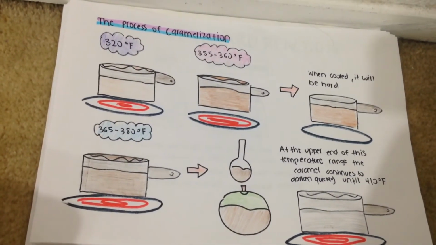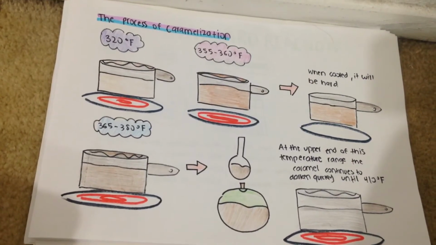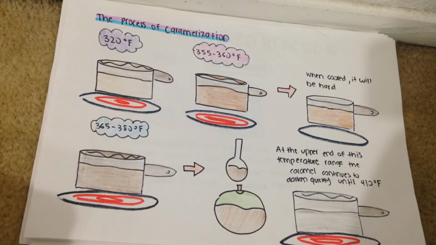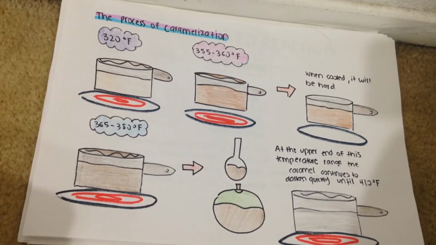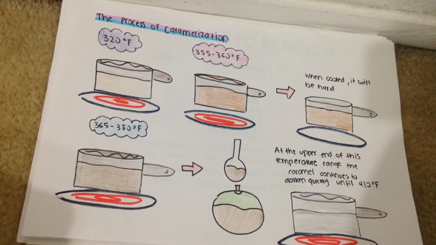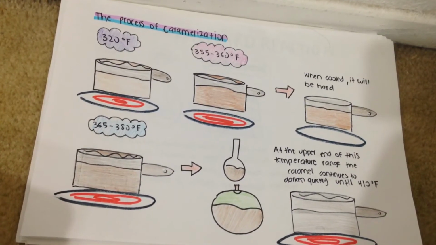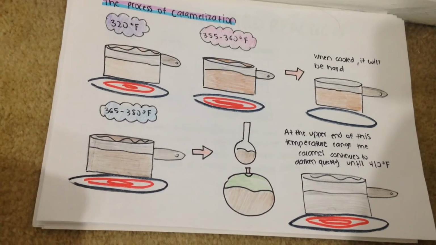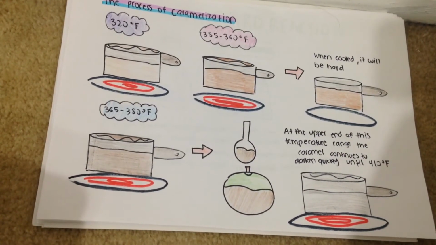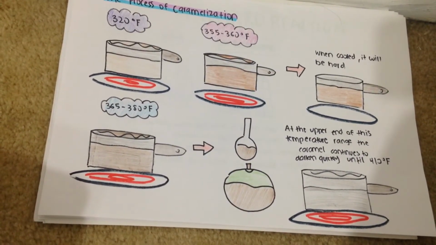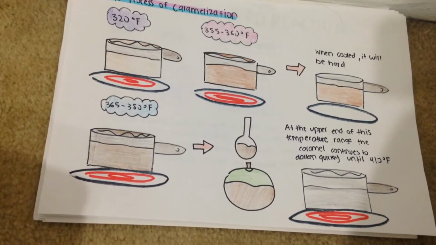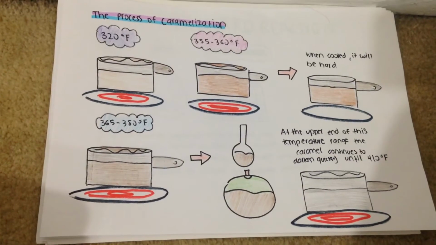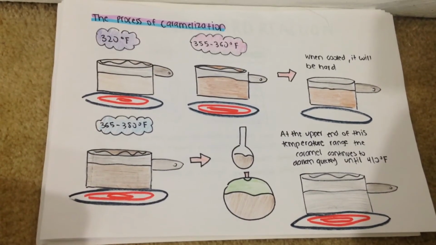The process of caramelization. Caramelization begins around 320 degrees Fahrenheit, and the color changes to light pale caramel brown. At 355 to 360 degrees Fahrenheit, the caramel progresses to medium brown. When cooled, it will be hard but not shattering brittle. When heated to 365 to 380 degrees Fahrenheit, the caramel appears dark brown and will cool to a softer, stickier